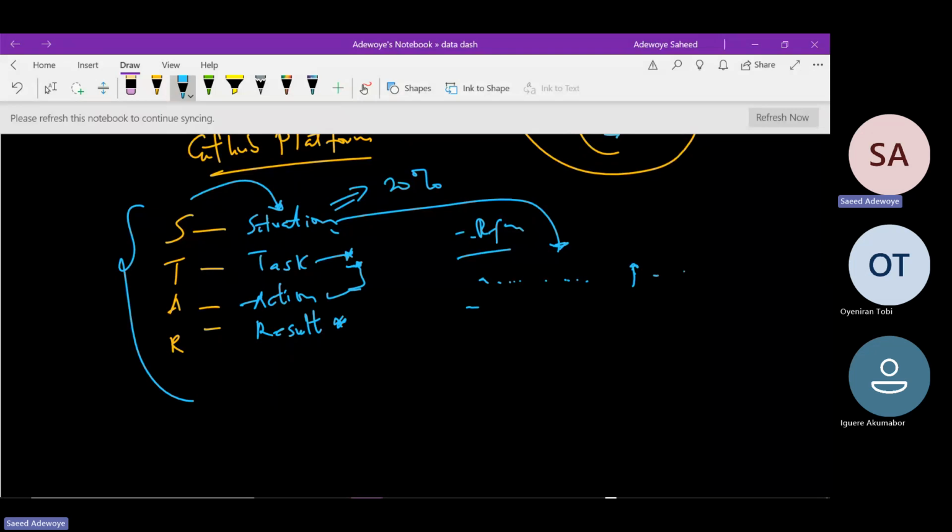Let's take, for instance, you submitted a resume and you presented some of your projects, all of your project portfolio, using this framework. For any HR or any recruiter reading it, it will be easier for him to understand what is happening, because you started with: this is the problem I used this project to solve. The task that I was given, or I set out for myself, is this, and these are the actions I took to overcome those challenges, and this is the result I got. After I've analyzed it, I see that okay, my results can lead to, let's say, a 5% increment in maybe the salary or in the ROI of the company, and so on.